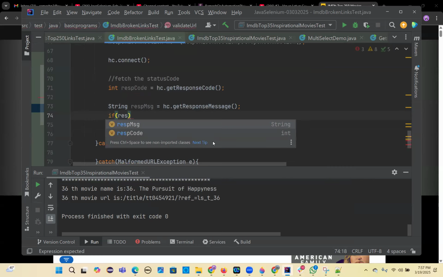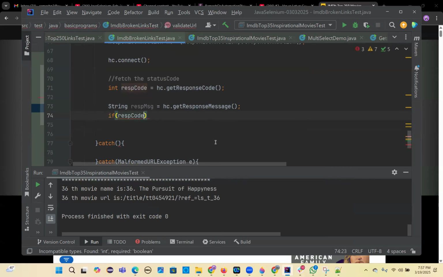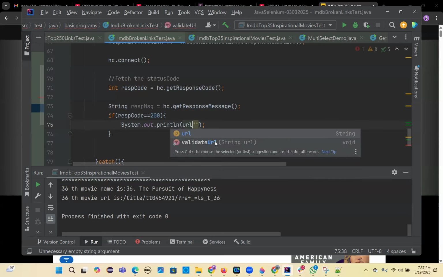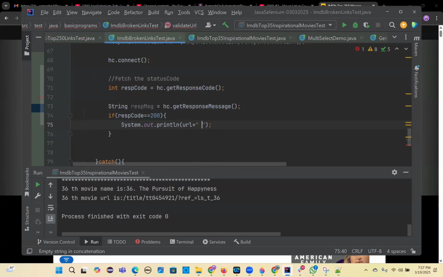So if response code is equal to 200, then you can say URL is working. So URL is working fine,